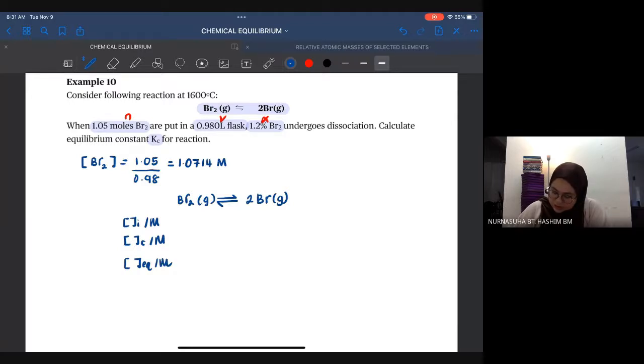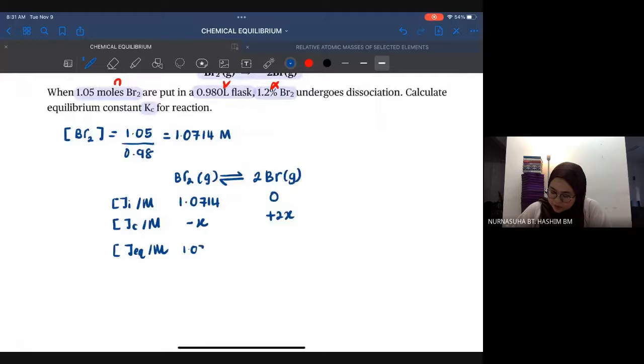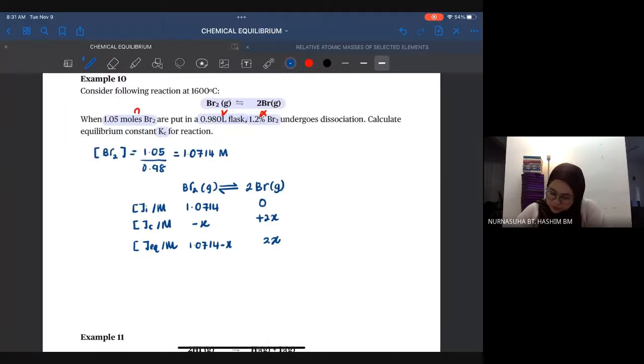Okay, the initial concentration is 1.0714. Untuk produk tak ada lah, dia belum terhasil. So, as reaction proceed, this one decreasing, this one increasing by a factor of 2x. So, this one 2x. Okay, dia bagi alpha for bromine. Okay, kita tahu alpha tu sebenarnya